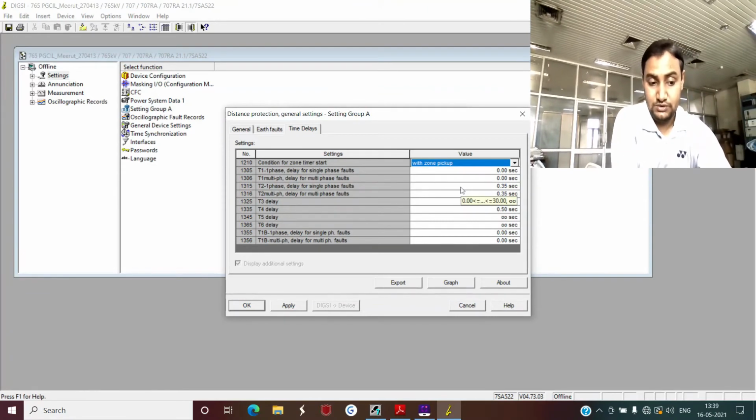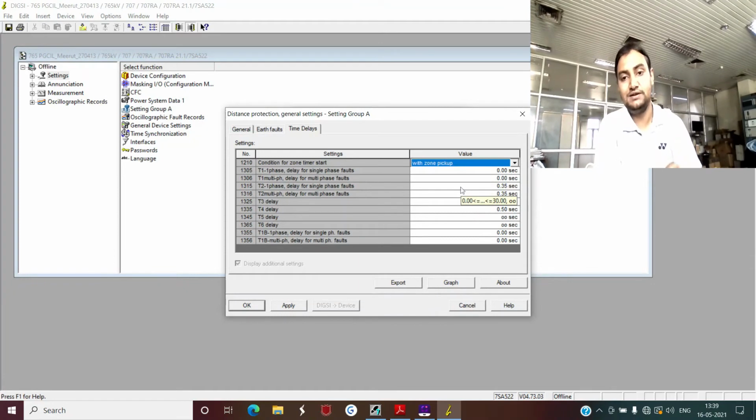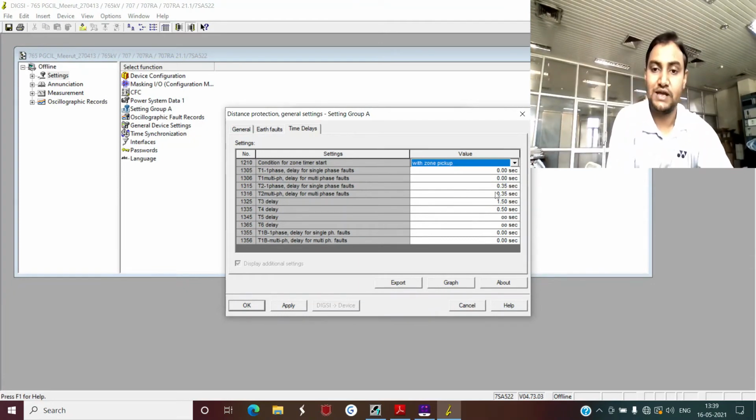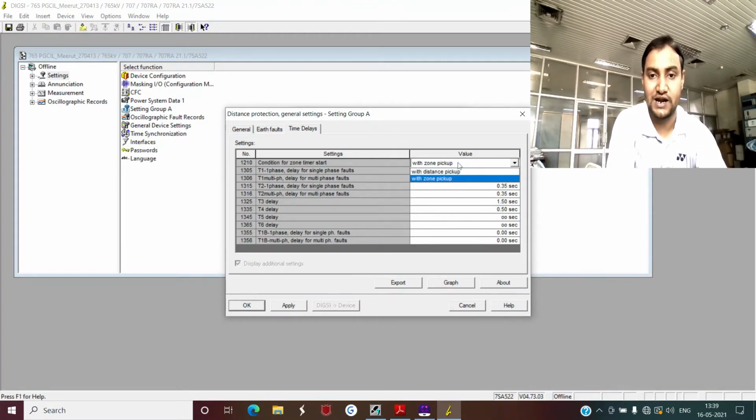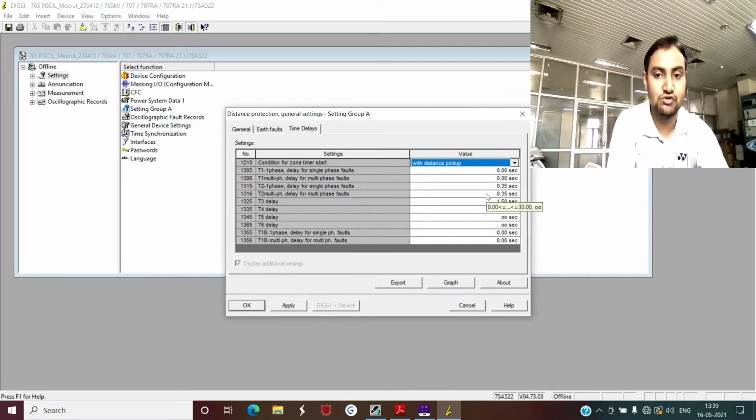At that point of time it is possible that you have set your zone 2 time, in this particular case, as 350 millisecond, and your timer has already started because of the distance pickup setting. Suppose your setting is distance pickup, so the timer has already started, and once your reach enters into the zone 2 range, at that point of time your timer has already elapsed, suppose 150 millisecond or 100 millisecond.